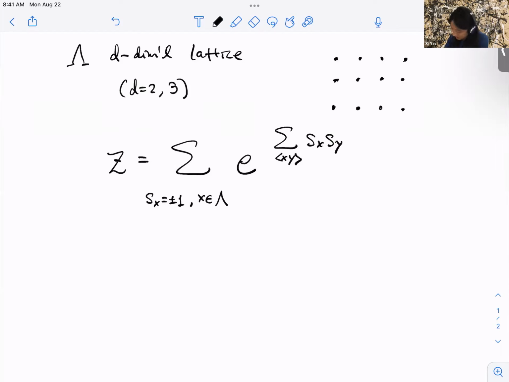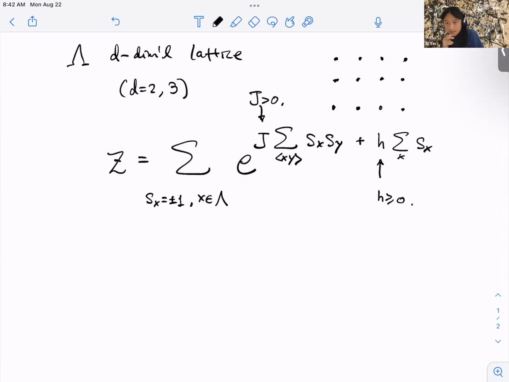So you have nearest neighbor interaction with some coupling J, and I'm going to be focused on the ferromagnetic case. So J will be taken to be positive. That's the sign that will contain a critical point that has a field theoretic limit, which, as is well known, will be described by a conformal field theory at the critical point. And then I'm also going to consider the possibility of turning on a magnetic field. Because of the Z2 symmetry, without loss of generality, we can assume the magnetic field to be non-negative.